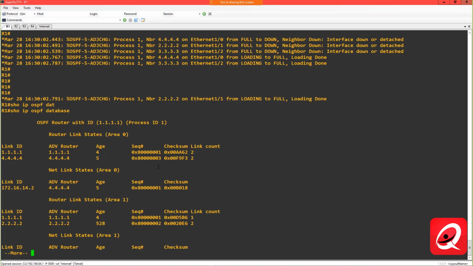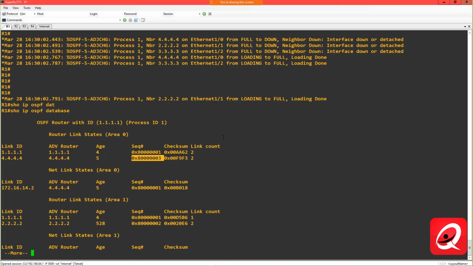Now, this would be on router 1 because router 1 is the router that I reset the process on, but you can see it also incremented the age or the sequence number for the type 1 LSAs that are being advertised by router 4. And that's because router 4 is keeping track of the sequences that were sent as the